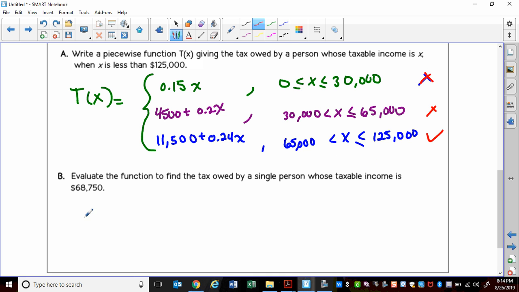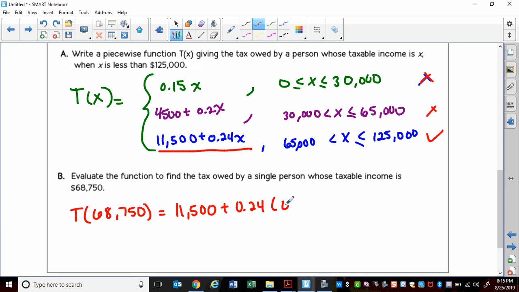So what we're going to do is t of 68,750. We're just substituting in for x 68,750, and I know I have to use this one. Equals 11,500 plus 0.24 times, and this is a real life situation. This is how taxes work, 750. This is a calculator thing. I don't even know this. So something like,